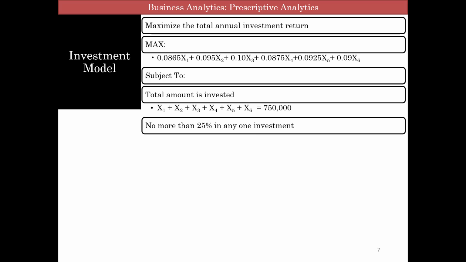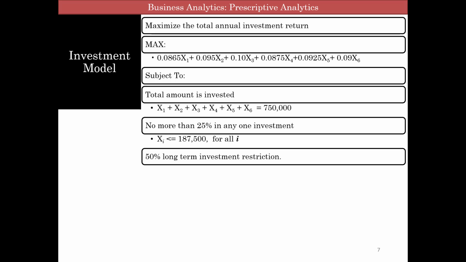The second constraint is that no more than 25% in any one investment. So x1 has to be less than or equal to 25% of 750. x2 has to be less than or equal to 25% of 750, which is 187,500. Also, there is a 50% long-term investment restriction, which means that